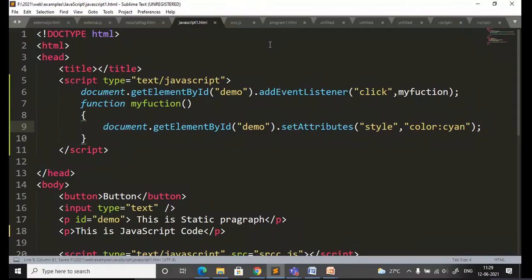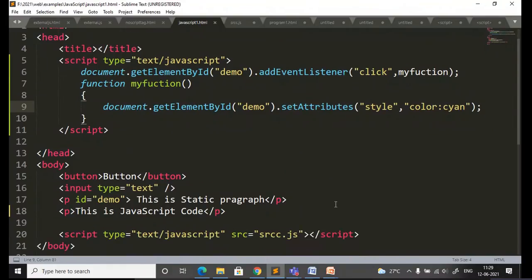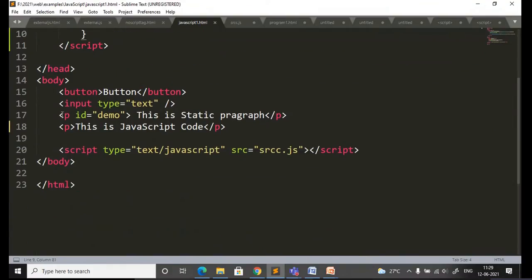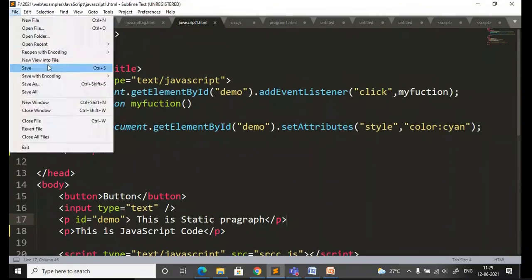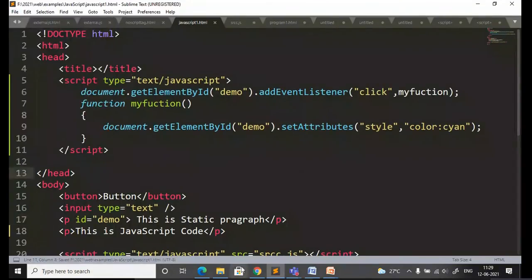So this is an example of how to add the event listener. What I'm doing is very simple. I want to change the style of this using JavaScript, using an event listener.